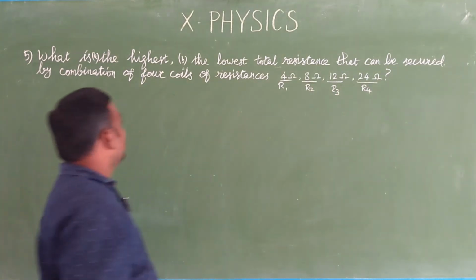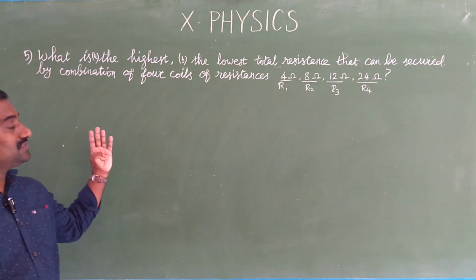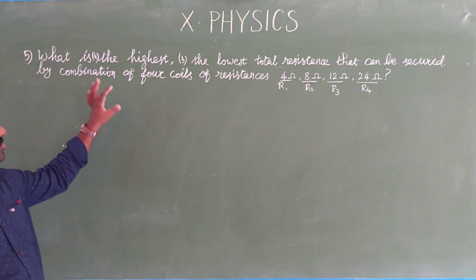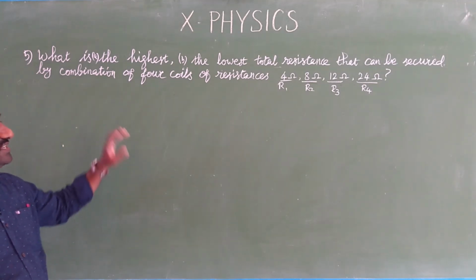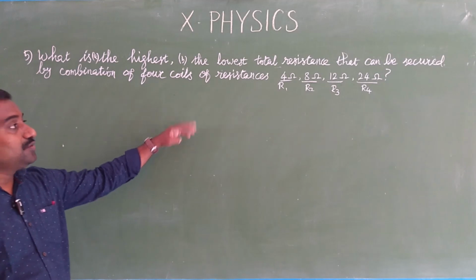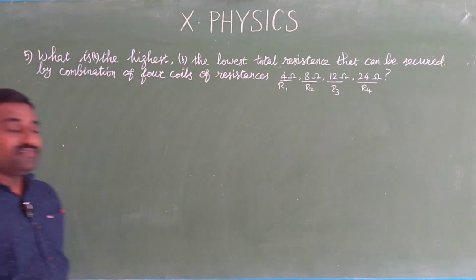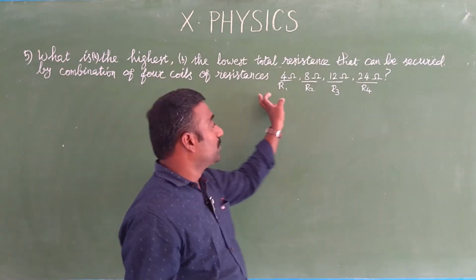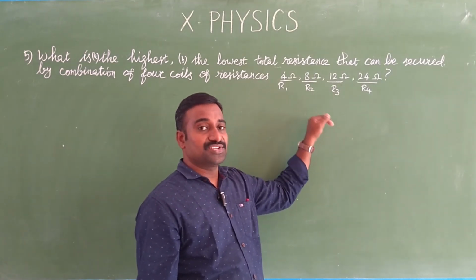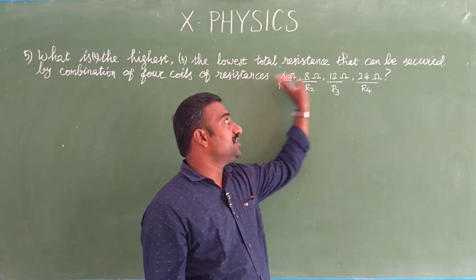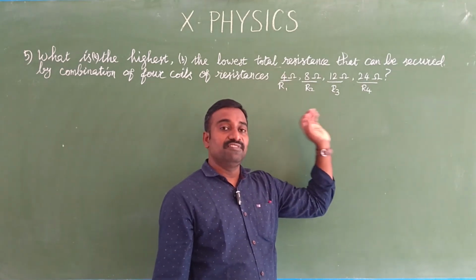So we have 4 coils, each coil's resistance is given here. To get the highest value, what is the total circuit resistance? Similarly, to get the lowest value, what is the total circuit resistance? Already we know, to get the highest value, all these resistances should be connected in series. In series combination the total circuit resistance will add up and that will be greater than the